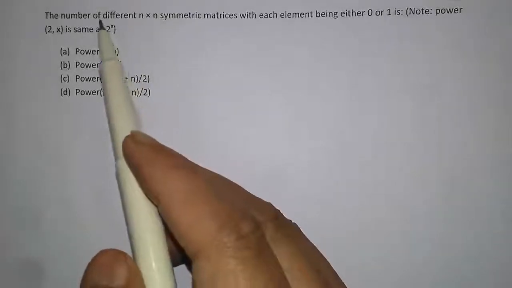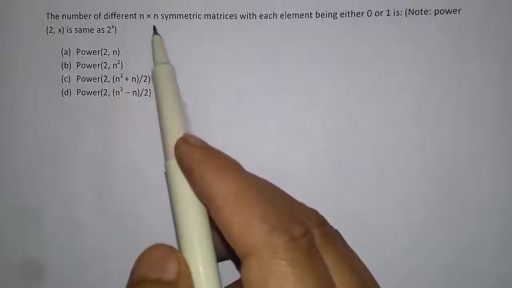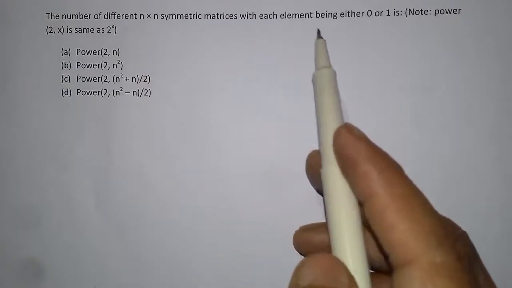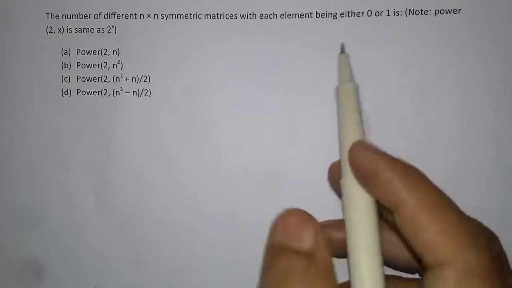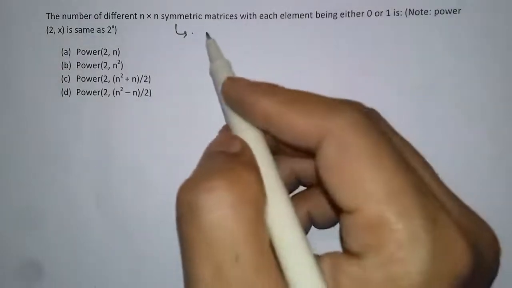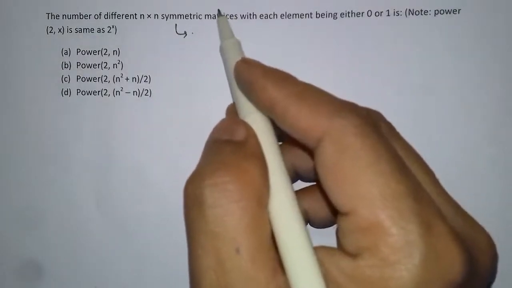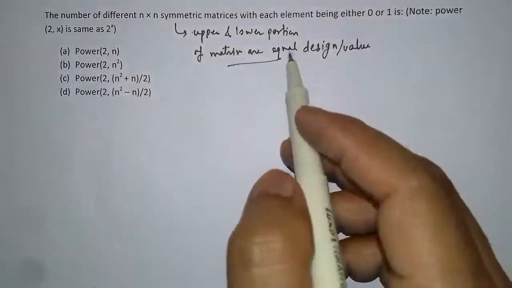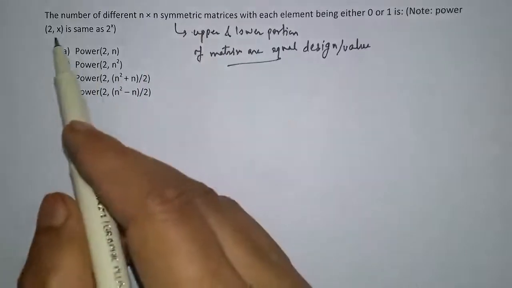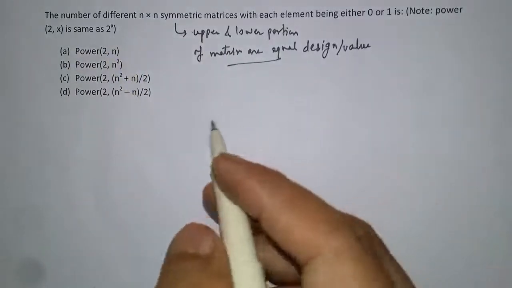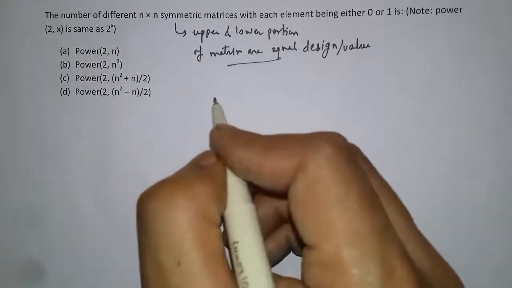The question is asking for the number of different n cross n symmetric matrices with each element being either 0 or 1. Symmetric means the upper and lower portions of the matrix are alike, or have the same value. It is given that 2 comma x is 2 to the power x. So first we try to design a matrix,